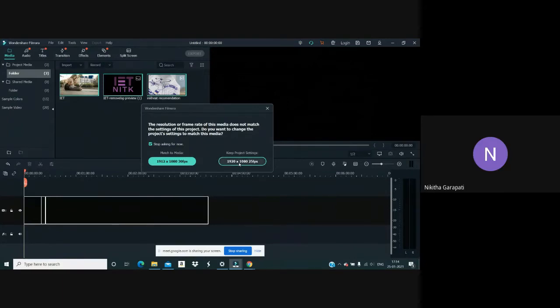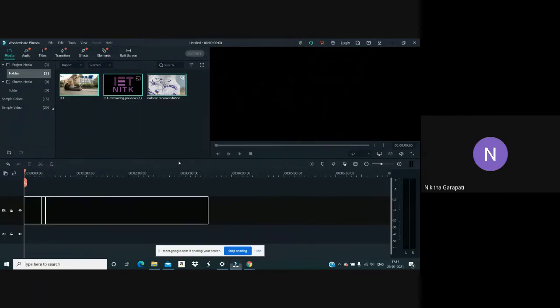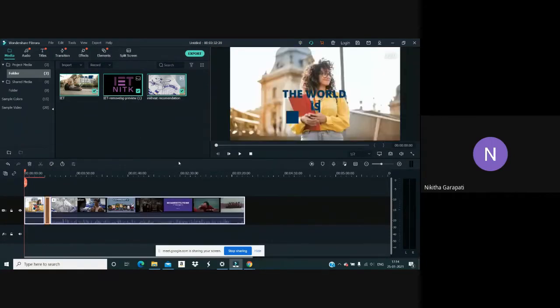If you want the project settings as how you initially gave it to be, you can choose this option, or you can choose match to media. Here I'm choosing this particular option because I don't want any part of the video to be cropped. So whenever you want to start editing, the first thing is to bring all the clips to your timeline.